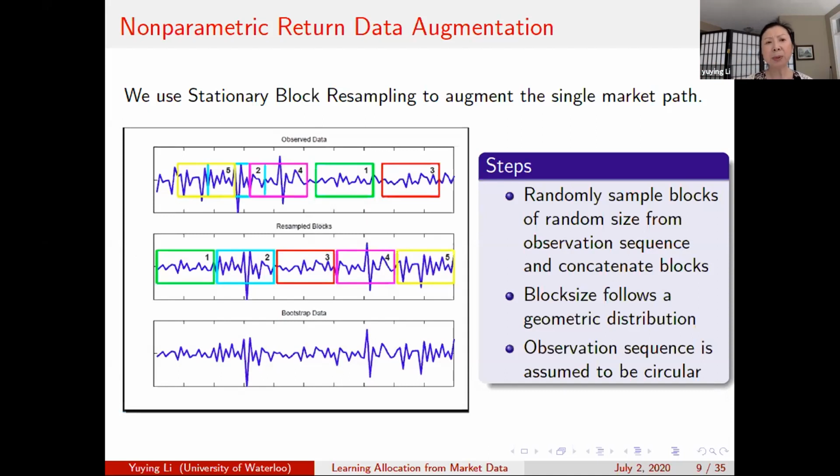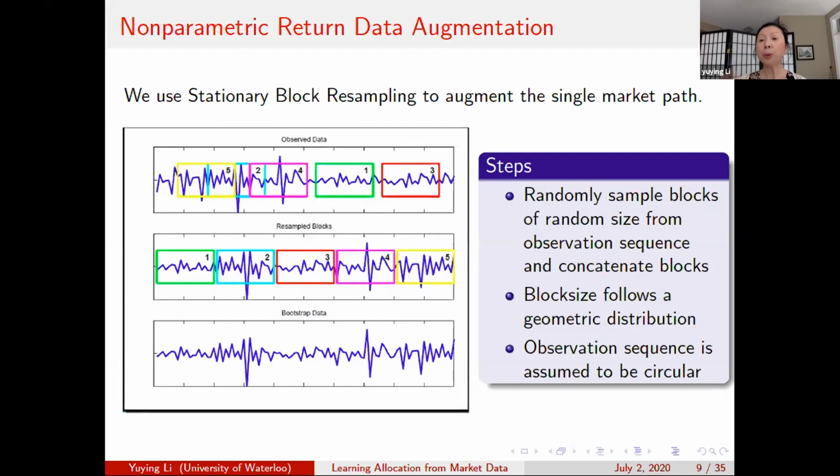So what we end up with is to use the stationary block resampling approach, which essentially generates more data paths from this single return observation. So how does this approach work? This is basically a block resampling approach. Based on this single market return observation, we will randomly sample blocks of random size starting from a random location, okay? And the size of